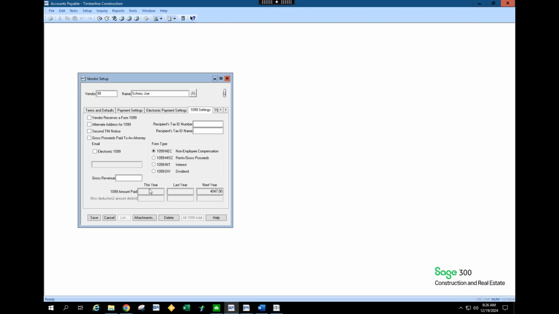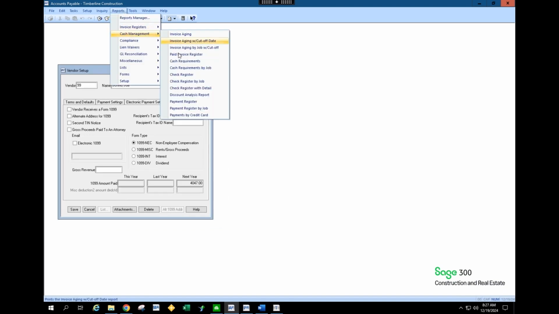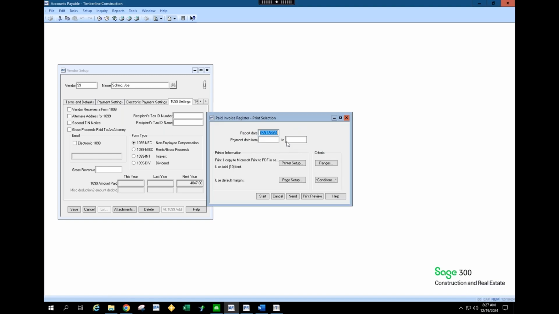That's not the system date, the real world date. That's what Sage knows as being the 1099 current year. So this year is 2022. Last year, as you already know the answer, 2021, and next year is 2023. Now, if I go over here to reports, standard report, paid invoice register, which I'm sure if you haven't run this, you've run something similar. Before this meeting,